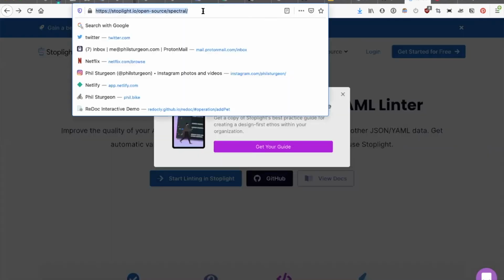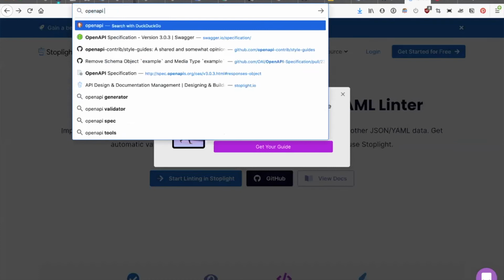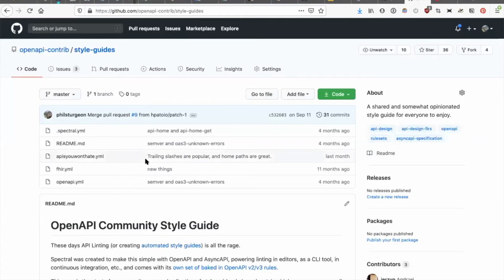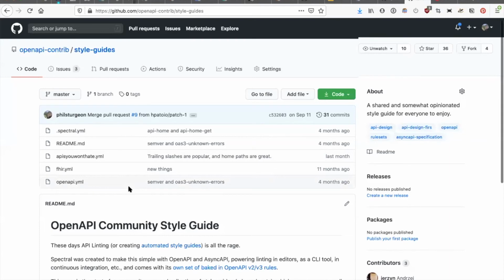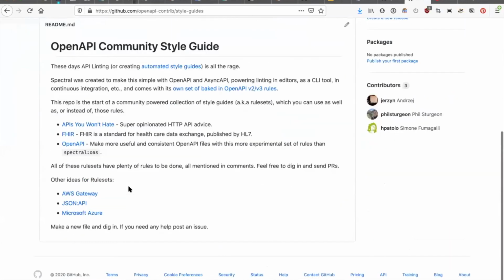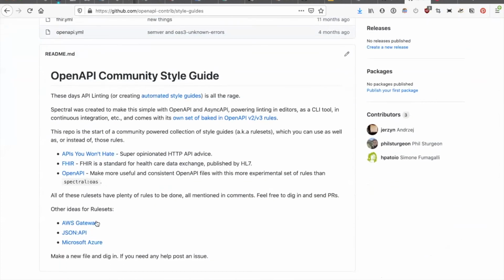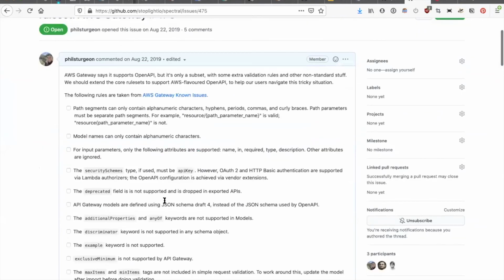So Spectral itself, we don't want to be the people that make all of the rule sets for all of the things all of the time, right? We're at some point going to work on a marketplace concept, and the most rudimentary beginning of that is over here, where we have a community of a few different contributors working on different rule sets, and one of them is the AWS Gateway, and these are all the things that differ about the AWS Gateway that you have to think about.